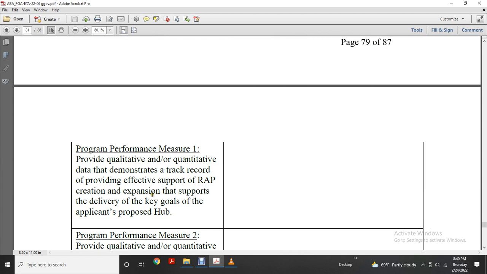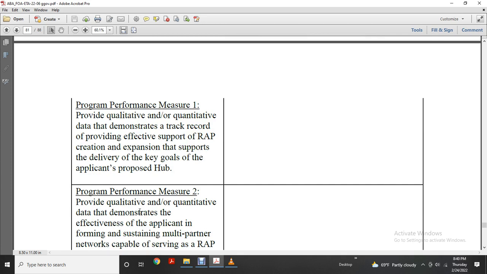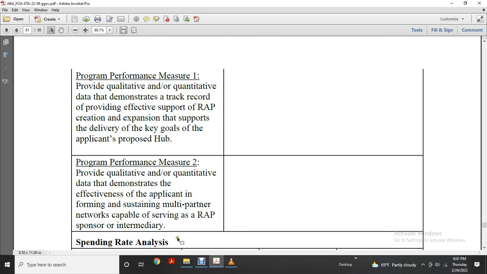Category 4, program performance measures 1: provide qualitative and quantitative data demonstrating a track record of providing effective support for registered apprenticeship creation and expansion, and support for delivery of the key goals of the applicant's proposed hub. Program performance measure 2: provide qualitative and quantitative data demonstrating the effectiveness of the applicant in forming and sustaining multi-partner networks capable of serving registered apprenticeship as sponsor,